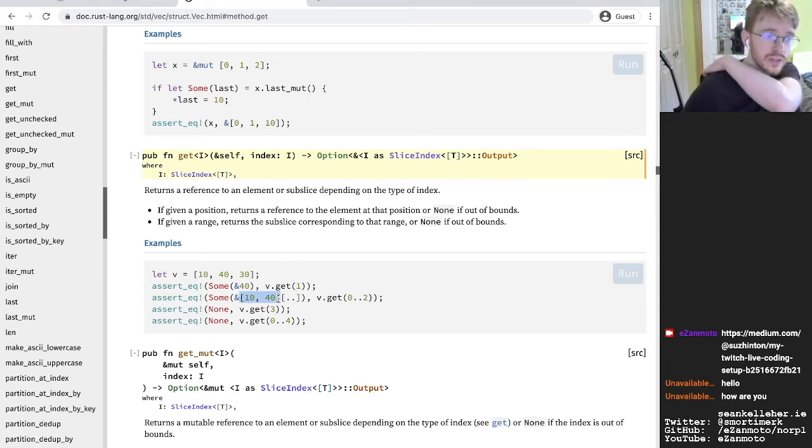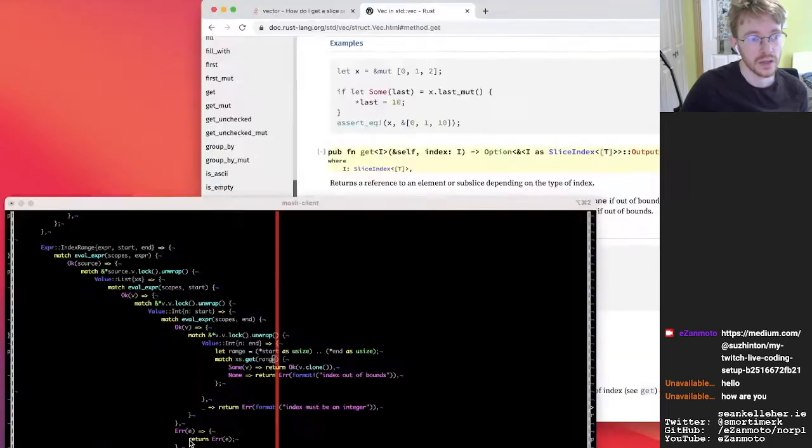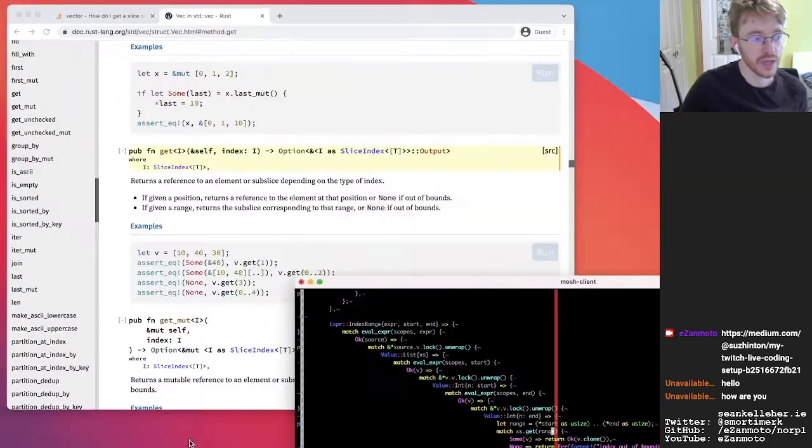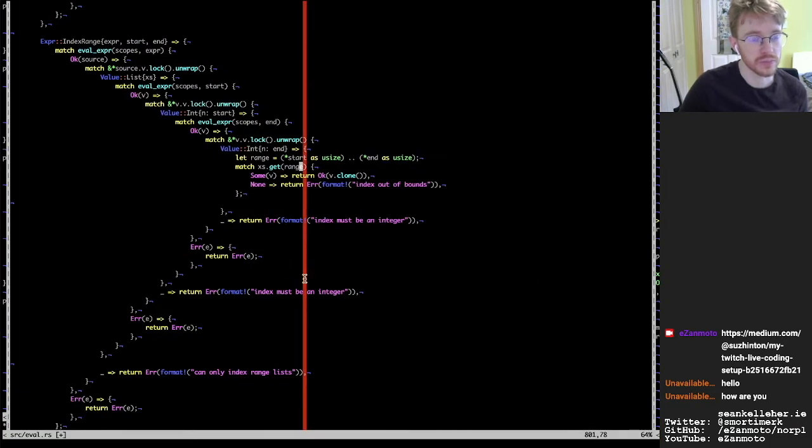Is that how it figures out the types? Okay, if you pass a single index, then you get a single value out, and if you pass in a range, then you get kind of multiple items back. I'm not sure how it figures it out, but it looks like it figures it out somehow. So